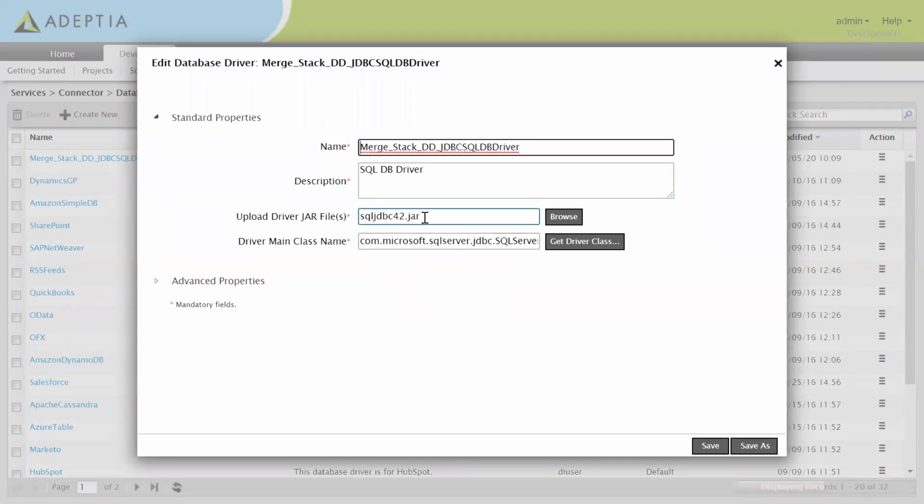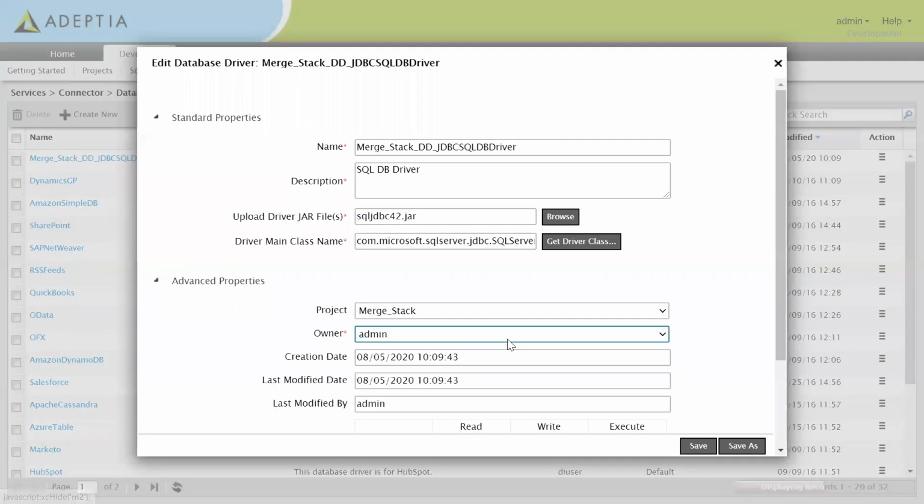There are two ways we can connect a database. One is jTDS and the second one is the SQL JDBC. So that jar will decide how we are connecting to a database. I chose the SQL JDBC driver, and this class will be used to connect to the database. This SQL JDBC is optimized and the performance is good, so we'll use this SQL JDBC connector.